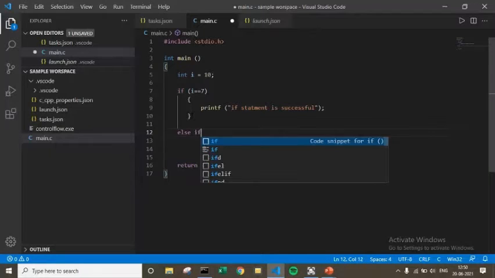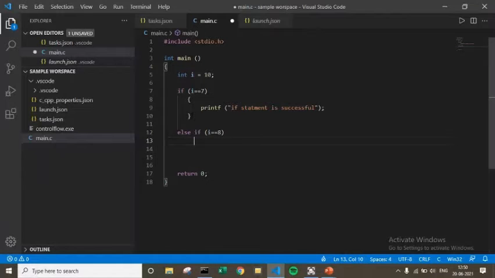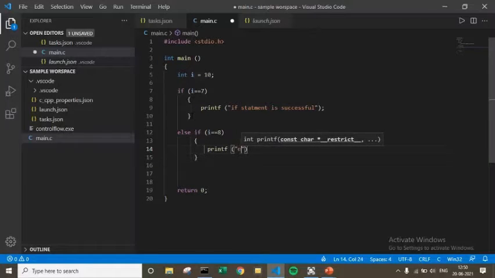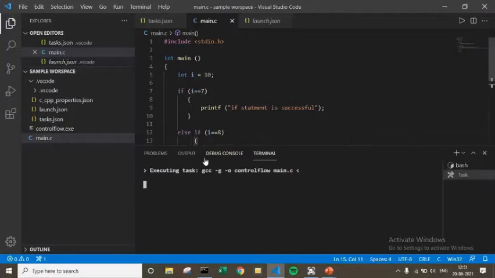Then if I is equal to 8, then do this. Printf else if statement is successful. First let's execute it and later I'll explain more.